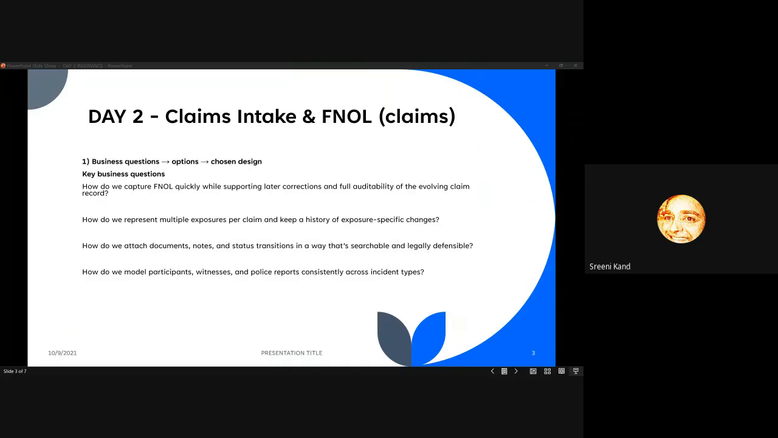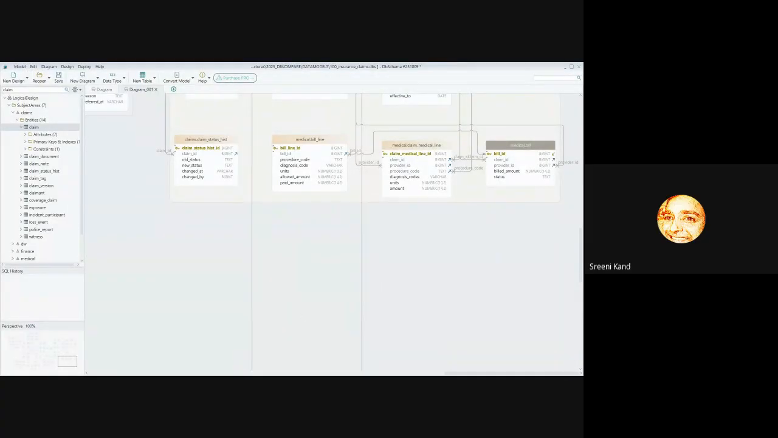So I will try to show now the data model, how it looks. Let me share the screen. So if you see the screen of the data model,